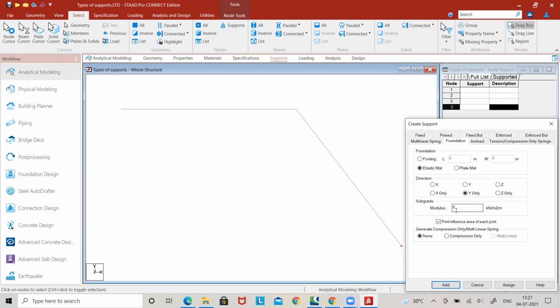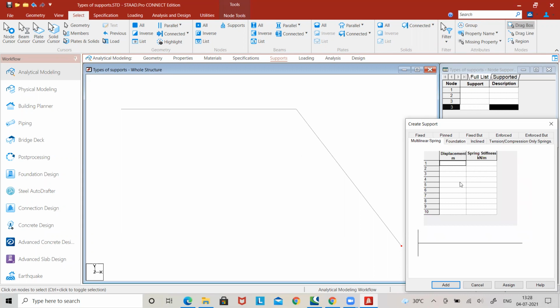Generally for railway sleepers, foundations of that type where there will be soil, this type of supports will get used. Then next is multilinear spring, where you have to give the values of displacements and the values of spring stiffness here, starting with the first value to the increasing values of the stiffness. It may be a positive one, it may be a negative one, like tension or compression.